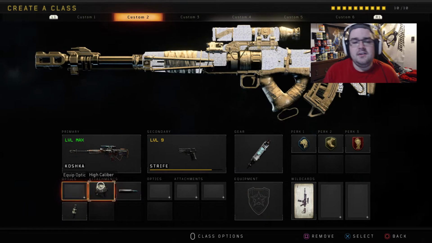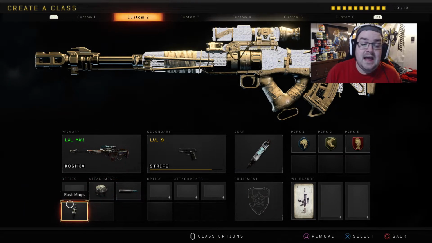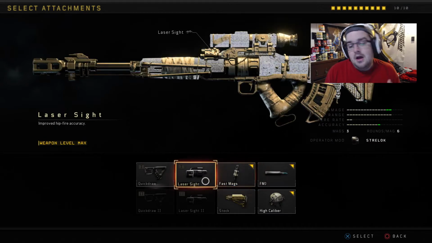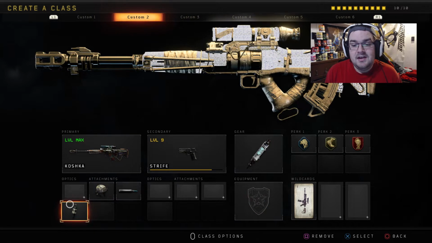Moving on to my second class, it is the Koshka. Pretty standard, high caliber, or well, high caliber, FMJ and fast mag. Sometimes I'll swap out fast mag for a laser sight. I don't use quick draw just because the Koshka has a relatively fast ADS to begin with, and if it's